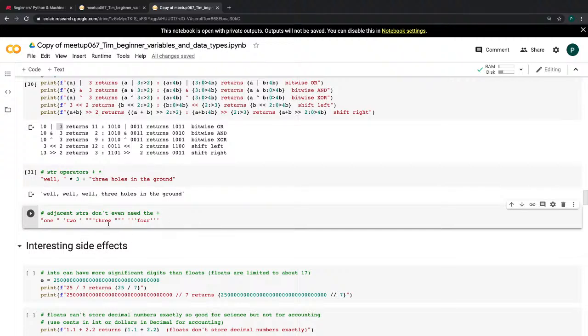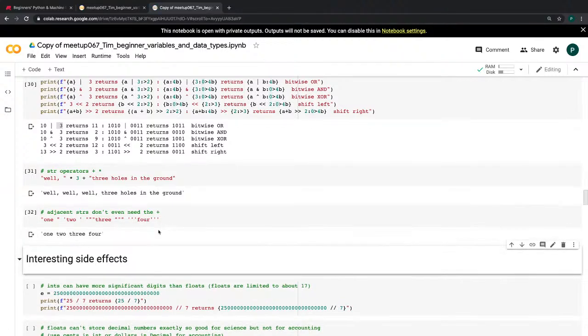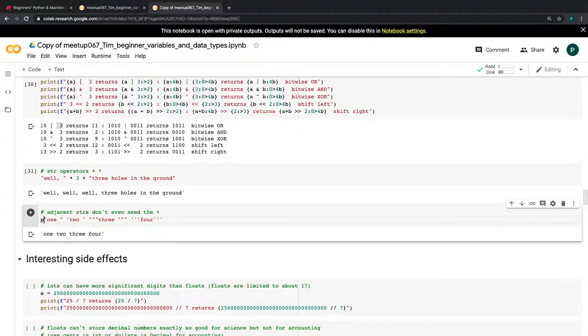But if you're just using adjacent strings that you've quoted literally like this, then you don't even need to put a plus between them, and that will just give you 1, 2, 3, 4 as the value of that string. And notice how it's put single quotes around it. That's because I haven't used print. So if I put all of that in print,